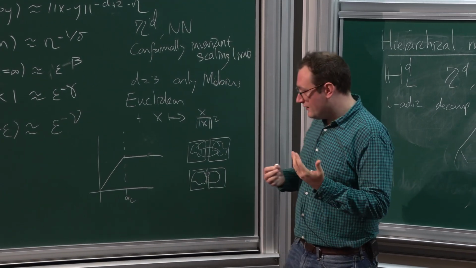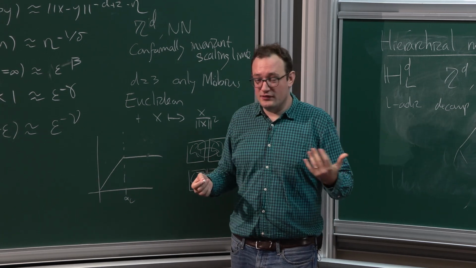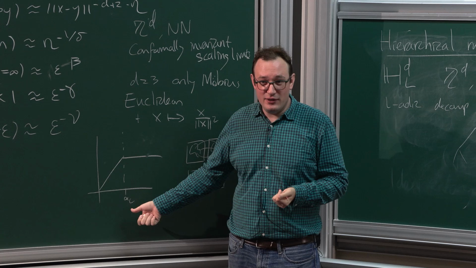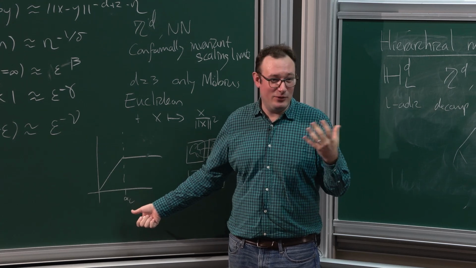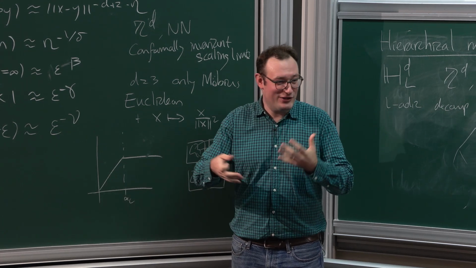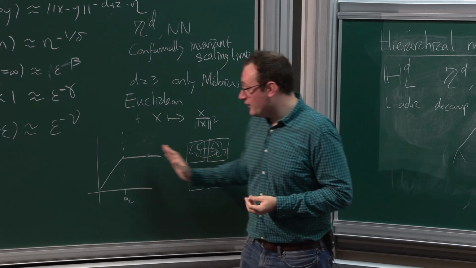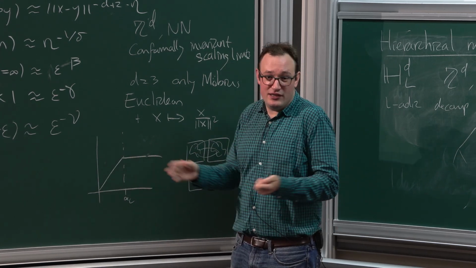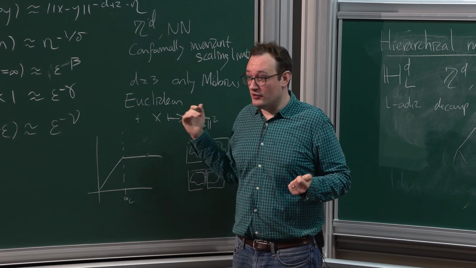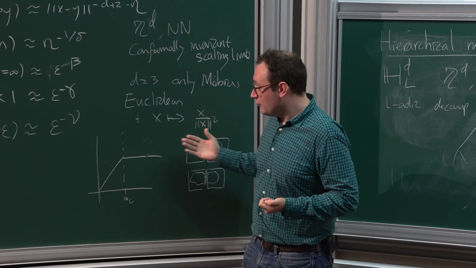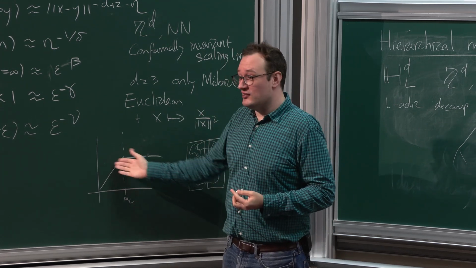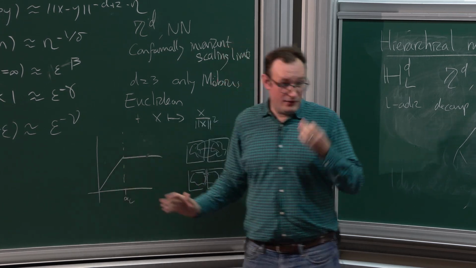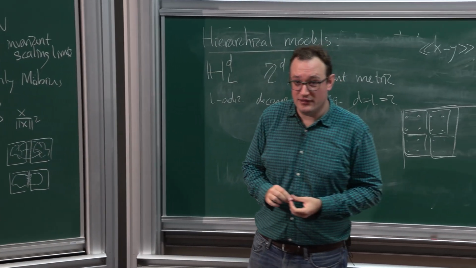So again, it's reasonable that just one of these strategies will dominate, except possibly at this point alpha c, where you can imagine maybe they're comparable, and then you get some logarithmic corrections and complicated things going on. But otherwise, probably one or the other of these strategies dominates, and then you should behave the same as the model that only has that interaction. Which you can think of as a heuristic argument for having this change in behavior, although it's not the one that Zach gave.